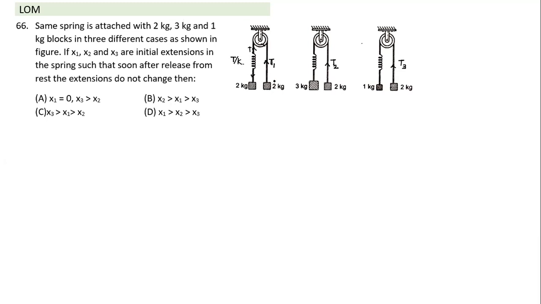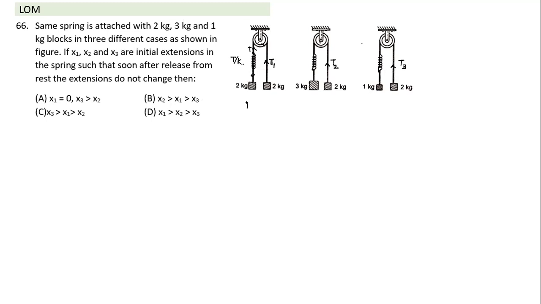If the spring length is not changing, even the spring can be treated like a string. Its length is not changing. So in this case, can we calculate what will be T1, T2, T3? We don't have to find the exact value of tension. All we need to find is the relative values of tension. That is very easy to find by looking at this figure.